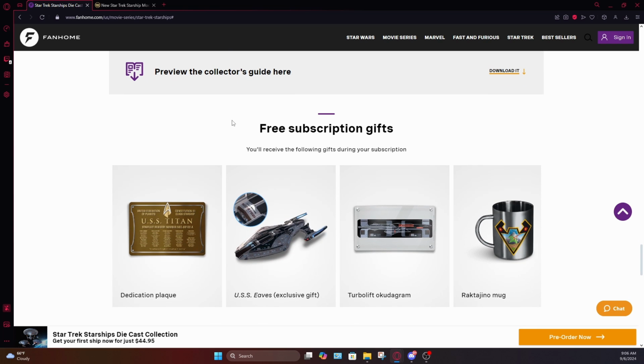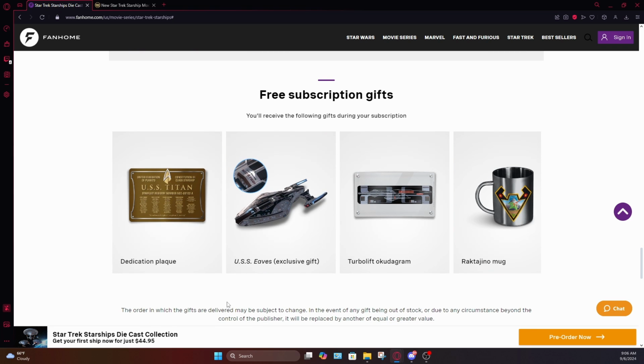Then with the subscription, just like what Eaglemoss used to do, they are offering free little gifts as you maintain your subscription. For this one, you will get access to a replica of the Titan A's dedication plaque, an exclusive version of the Pathfinder class called USS Eves, which I'm guessing means somewhere in the collection there's going to be another Pathfinder version, probably with a different name on it,